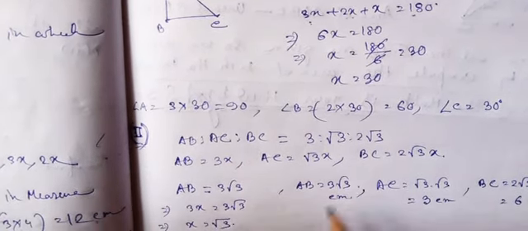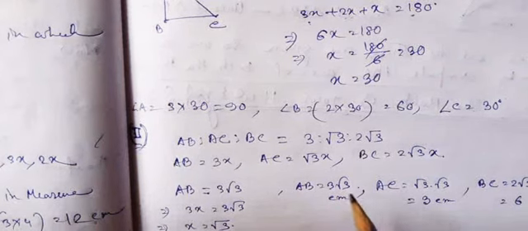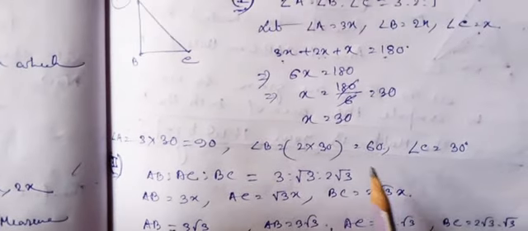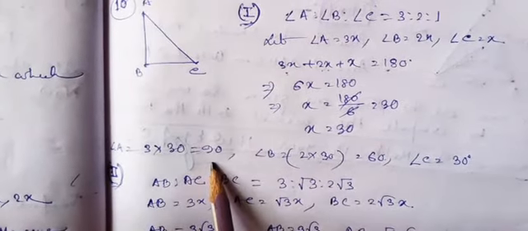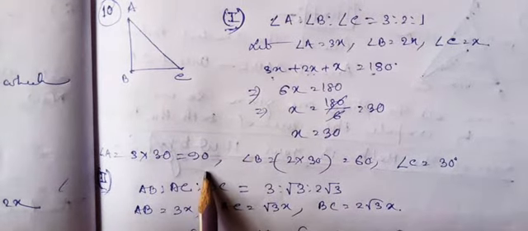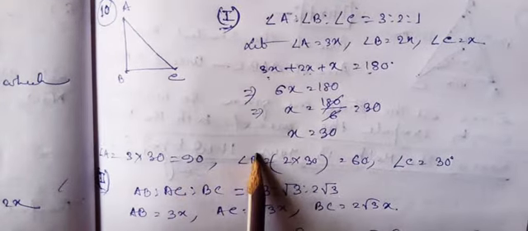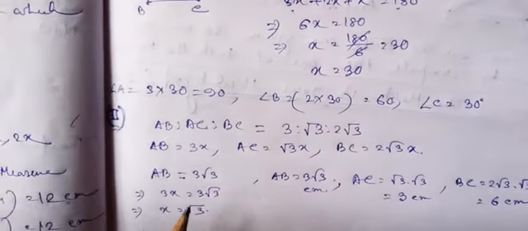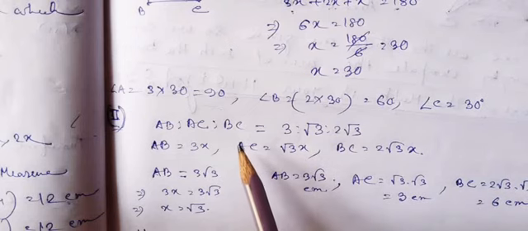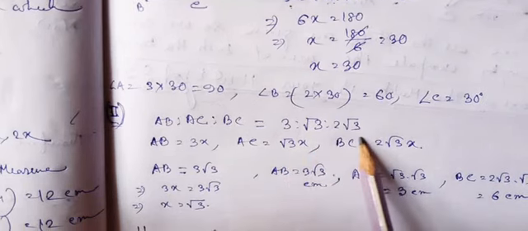We have to show, as it is given to us, that it is a right triangle. We have to prove that. Now from question number 1 we are getting 90 degrees, and 90 degrees means obviously it is a right triangle. Now from question number 2, where the sides are given in the ratio, these are the sides.